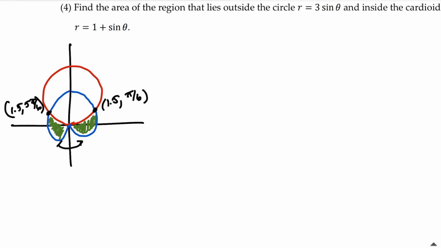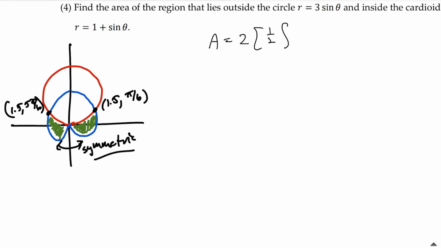What we'll note, though, is that both regions are symmetric. So we're going to want to use symmetry here, because then that means I only need to find one of those regions, and then I'm good to go. So let's just note, we want to calculate our area as 2 times the integral of whatever that region is